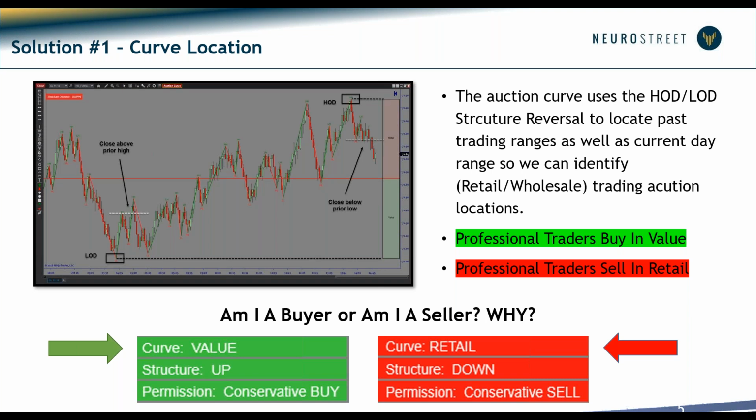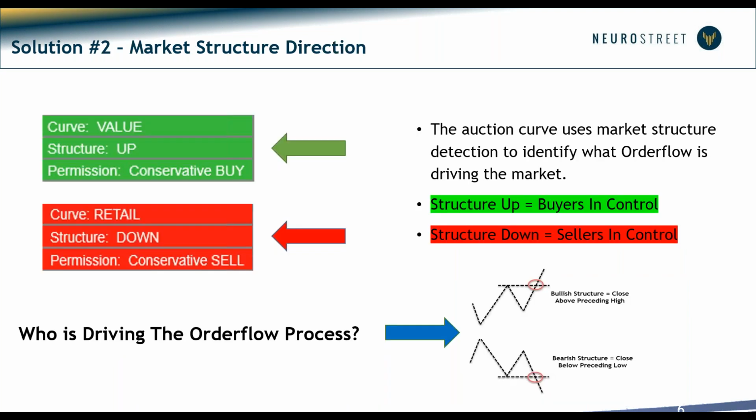Okay, so let's talk about market structure direction. Structure direction tells us the order flow. You don't need a print chart, which we use, by the way. We don't need an order flow print chart to tell us the buyers are controlling the market. We just need to see it taking out structure highs. We do not need to see an order flow chart to tell us that the sellers are taking control of the market. We see structure lows controlling the market. This tells us who's driving order flow. The result of order flow will change structure. So we look at curve and we look at structure.